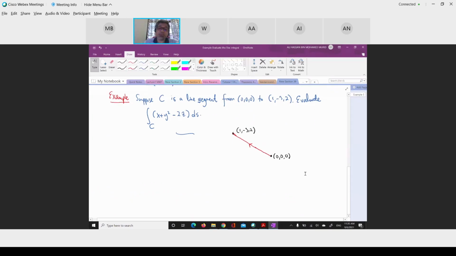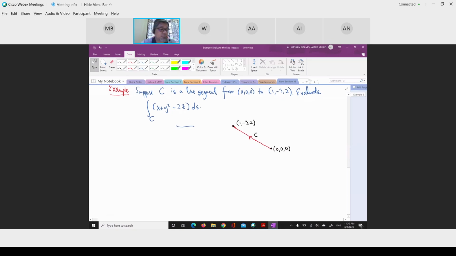Okay, what is the parameterization of the curve C here? It's a line segment. So we need to recall something about the parameterization of a curve. In general, the parameterization of a line from, say, the point x naught, y naught, z naught to the point x1, y1, z1 is given by